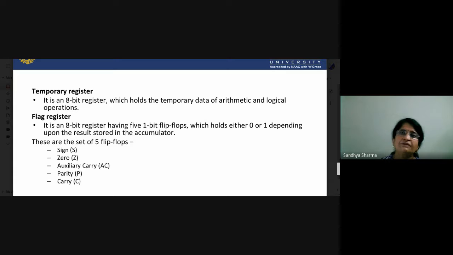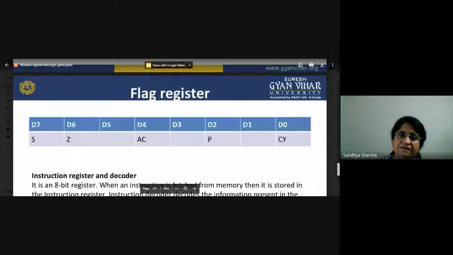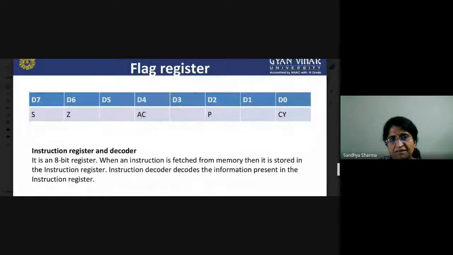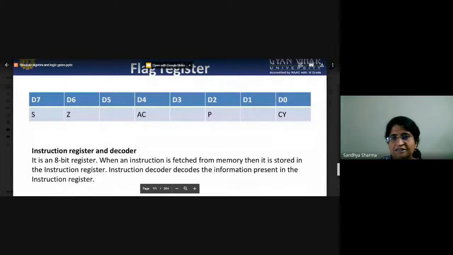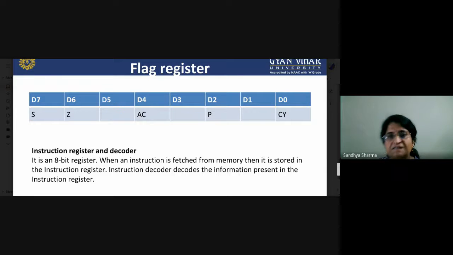The flag register is basically an 8-bit register, and we will see the diagram in the next slide. This is the flag register, and these are the 8 bits, D0 to D7. We are using only 5 bits instead of 8.